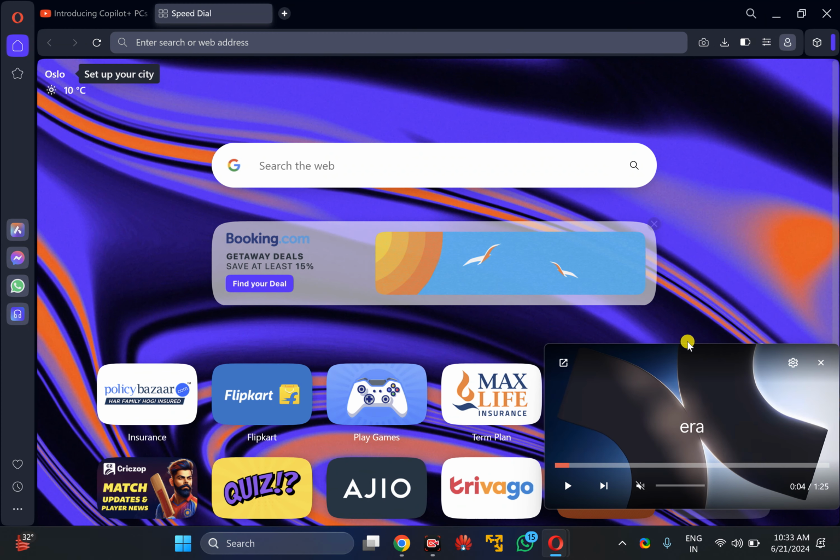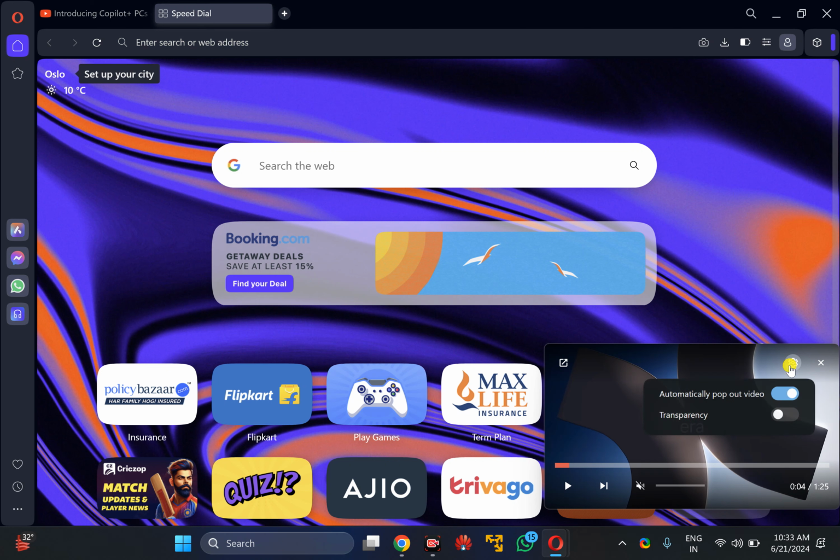First one is on the pop out window, click on this settings gear icon, and here you will find this toggle switch, automatically pop out video. Just toggle off this toggle switch to disable this automatic pop out video in Opera browser, and in case you want to enable this feature again,